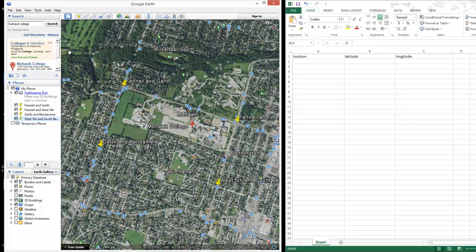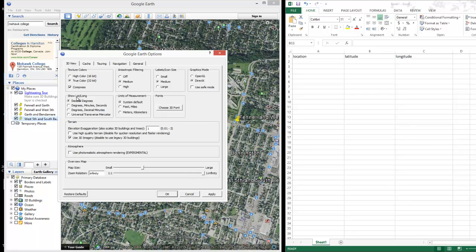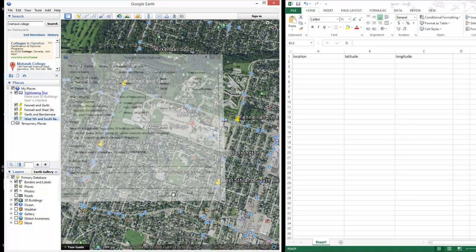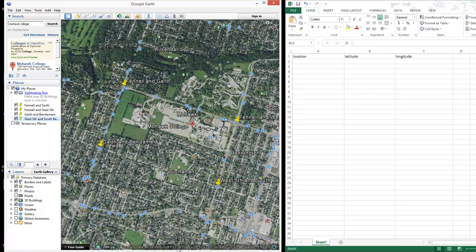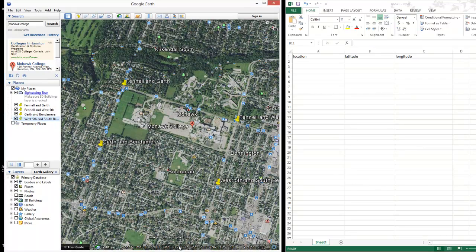If it doesn't show that, all you have to actually do is go to Tools on Google Earth, go to Options, and if you go down to here in your 3D view and it says Show Decimal Degrees, yours might show the degrees, minutes, and seconds. If you click on Apply, click on OK, I think by default you'll have this 43 degrees north and 79 degrees west. You should switch this to the decimals. So again, go to Tools, go to Options, click on Decimal Degrees, click on OK, and it should switch it